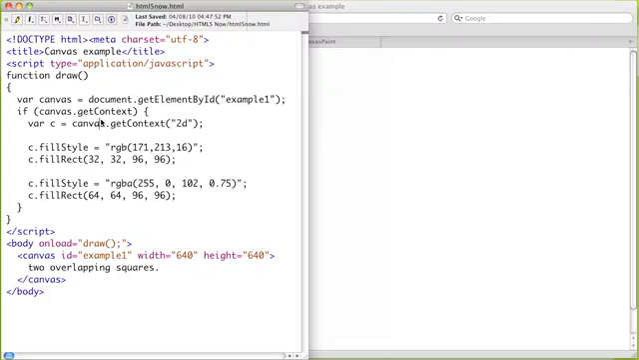But in a browser like IE, it'll return undefined, and therefore we won't execute any of this code. So in a browser like WebKit, we call canvas.getContext and ask for the 2D context. There's some work on a 3D context as well, but for now we're just going to talk about the 2D context because that's what's ready and usable. We assign that to a variable. We set its fill style to an RGB color. Then we call fillRect with